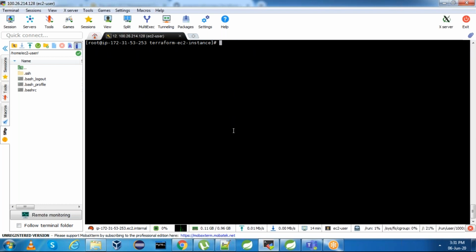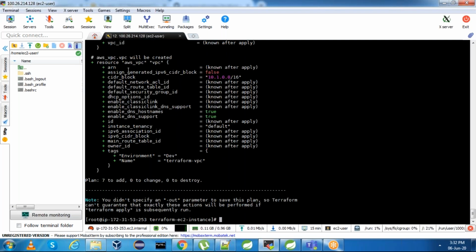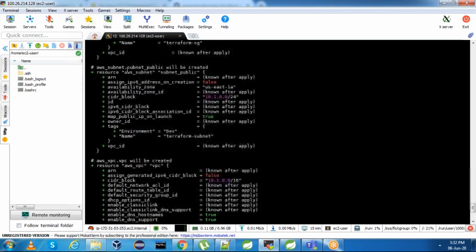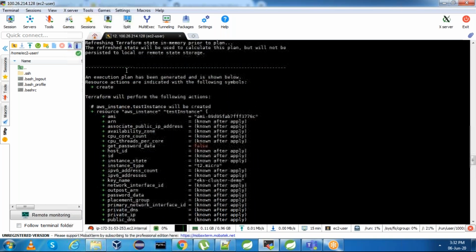Now once we have done the initialization, we have to run terraform plan. Sorry, I spelled it wrong. Okay, these are all the resources it is going to create. It will show like this.